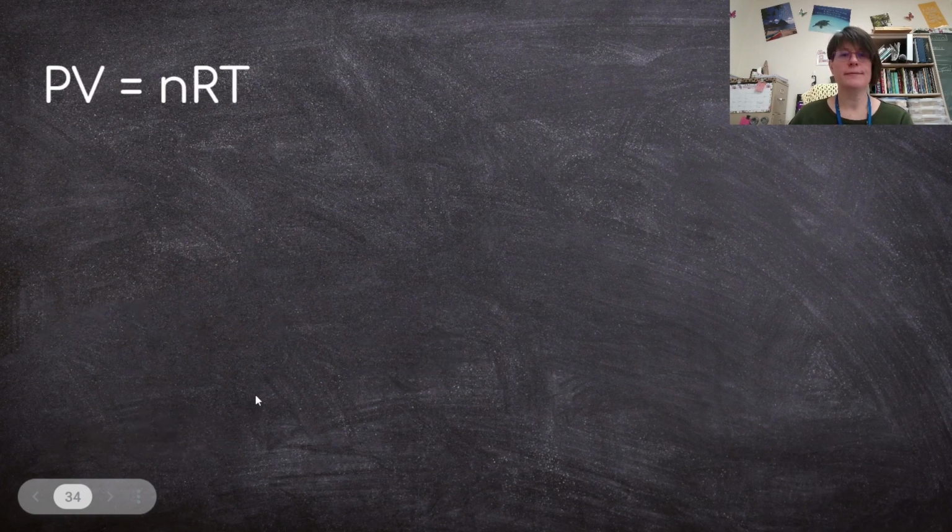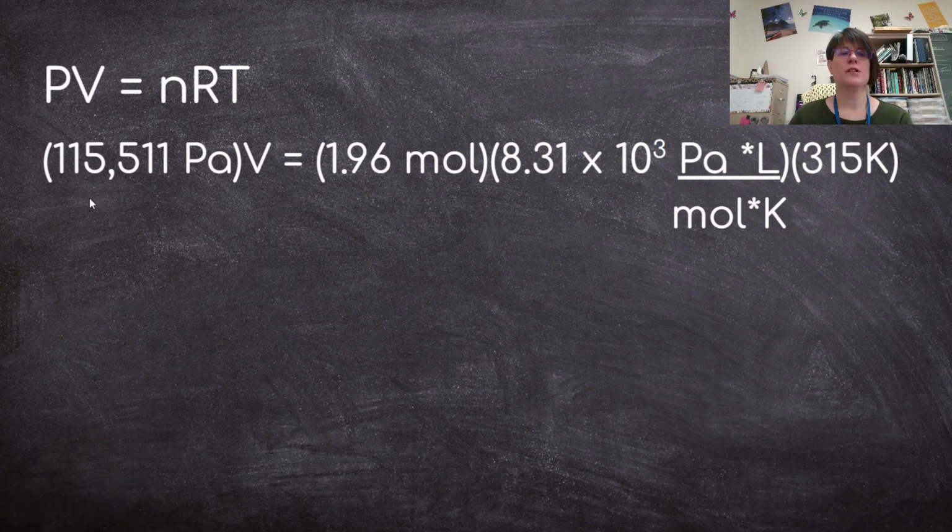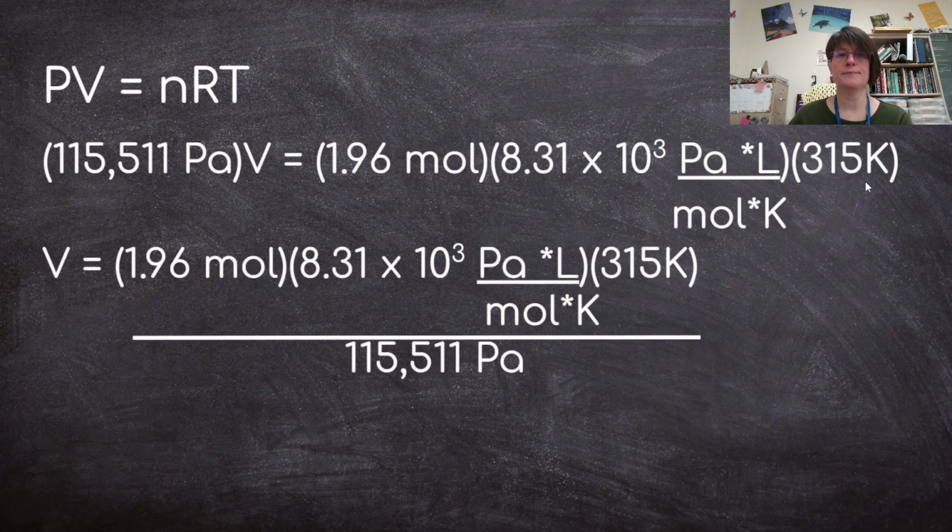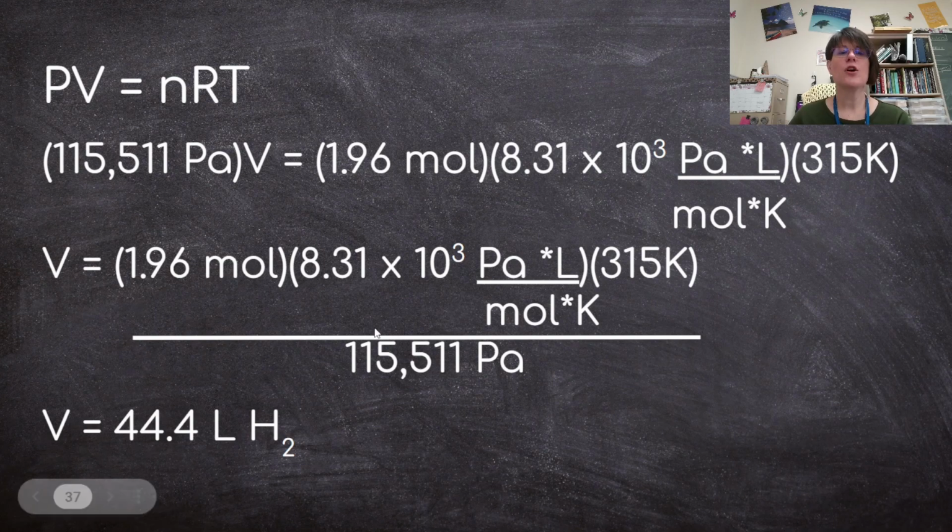So write down your equation. Make your substitution. So for pressure, 115,511 pascals times the volume, which we're trying to find, equals 1.96 moles times R times the temperature of 315 Kelvin. So I rearrange. I divide both sides by my pressure and rearrange. This is what I get. I should also check, let's see, pascals cancel out, moles cancel out, Kelvin cancels out, leaving me with liters for the volume. So cross those out. So I get the volume is